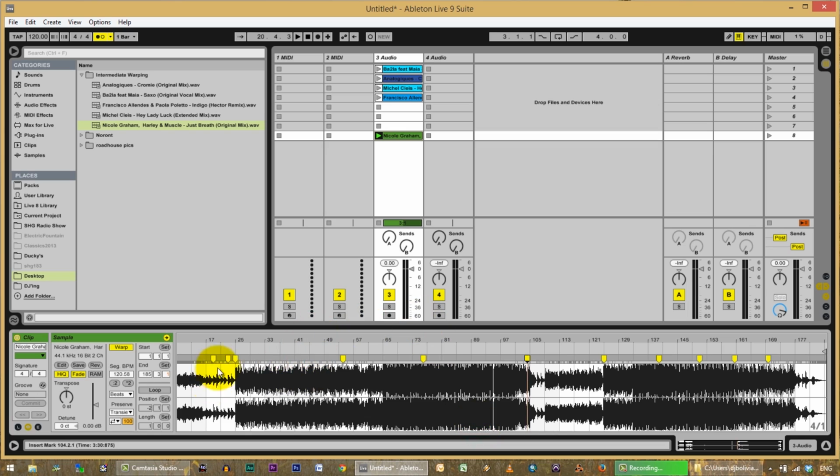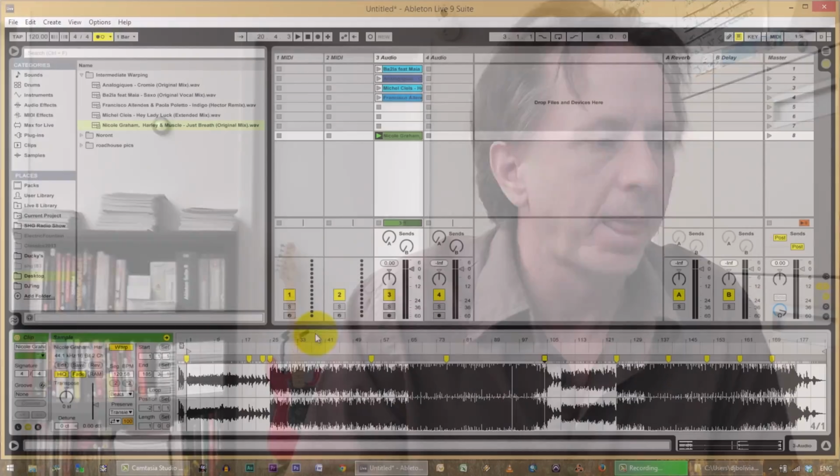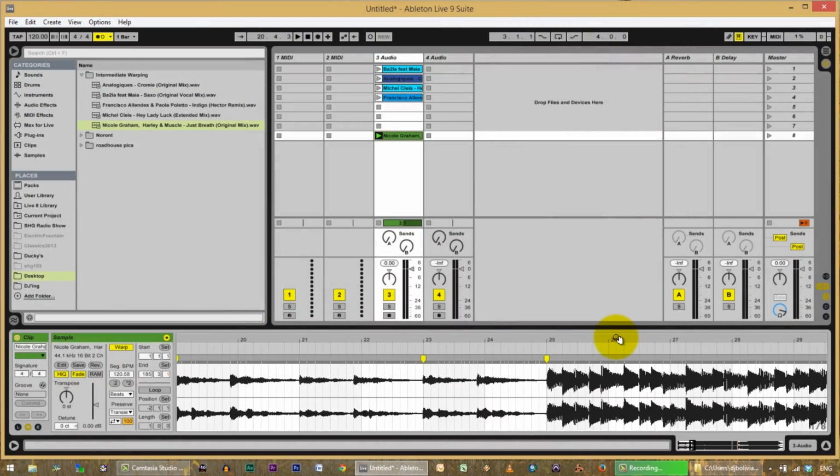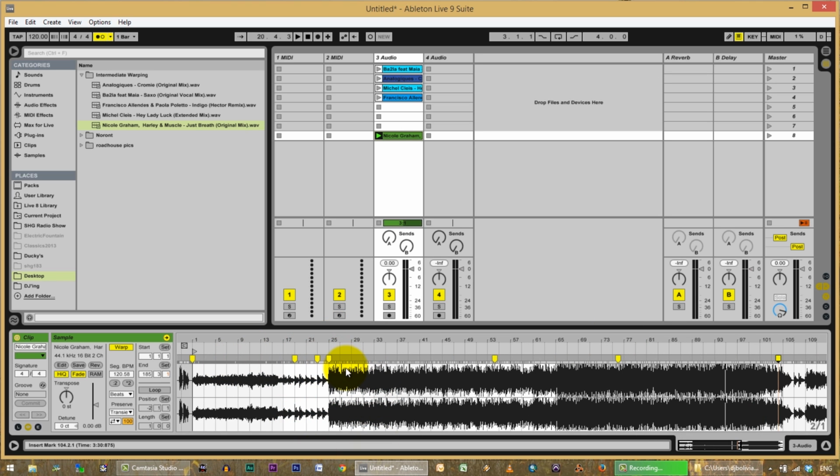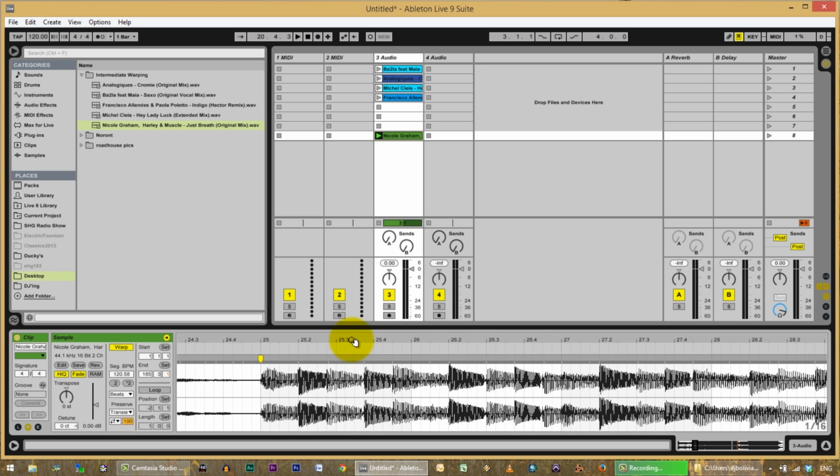So that one was definitely a little bit trickier, but usually the tricky part is the start of the file. So basically, anytime you're working with an EDM track and it doesn't seem to be warping correctly, my recommendation is to go into the track a little bit till you start getting an obvious place where you can figure out a downbeat, where the beginning of a bar hits. Once you've got that downbeat, wherever it happens to be, put a warp marker on it, and move it to the beginning of one of the bars nearby, 25, 26, any round number.